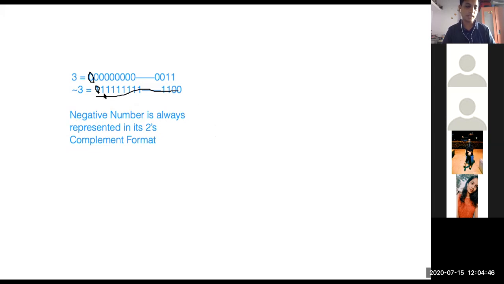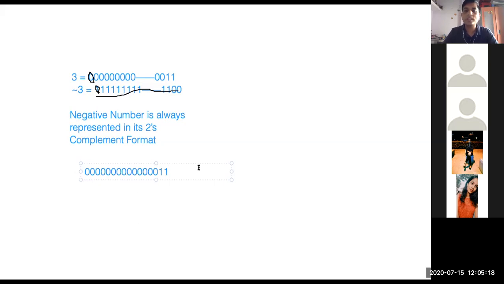In a subtractor also, to get the original result, whatever result you get, you have to take the 2's complement. So how do you get the 2's complement of a number? Take the 1's complement first, then add 1. So first take the 1's complement. All the 1s become 0, and the last two bits 1 1 become 0 0.